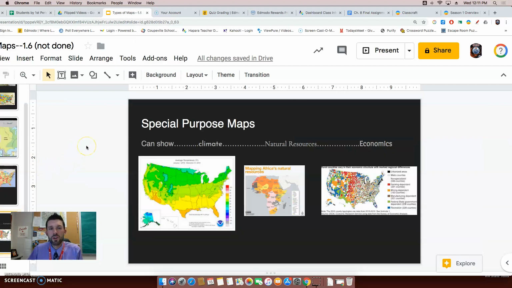Last, we have really what's called special purpose maps. These are maps that aren't necessarily political maps, though a lot of